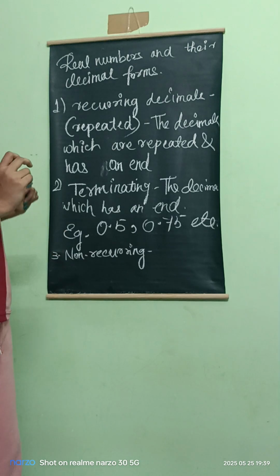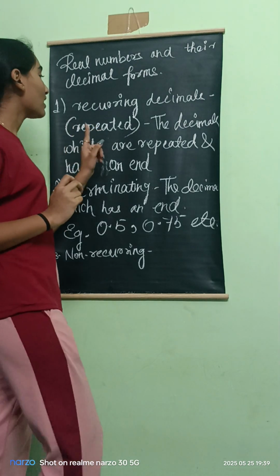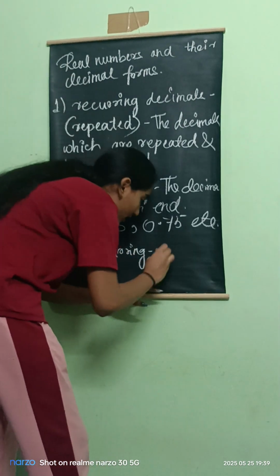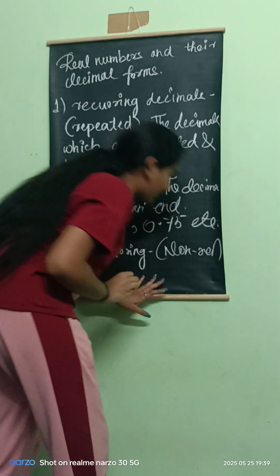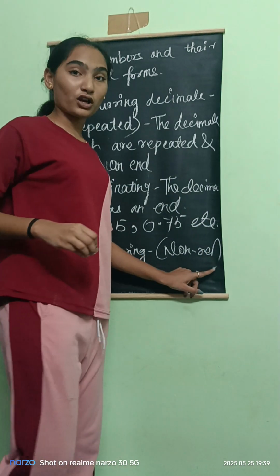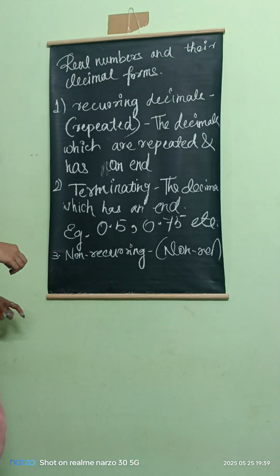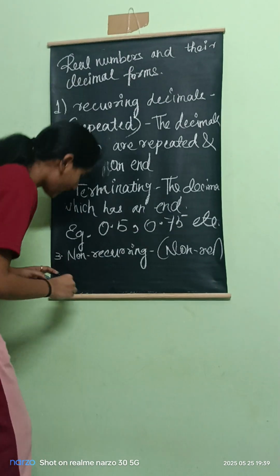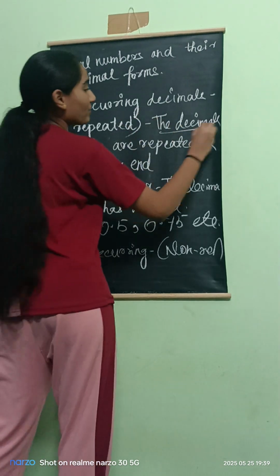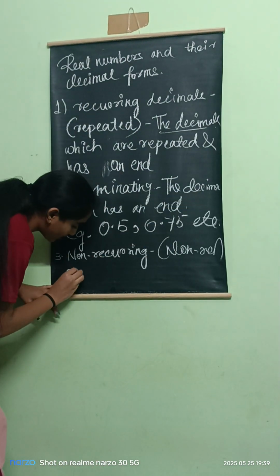The keyword for these non-recurring decimals: this is repeated, then here it comes non-repeated. I have written the short form, you have to imagine it as repeated, and the definition would come automatically into your mind. Yes, the decimals,